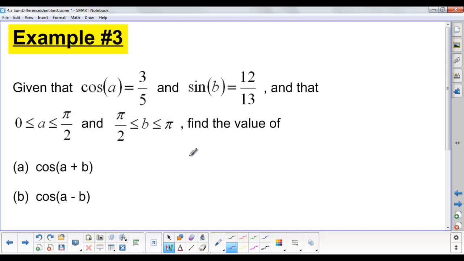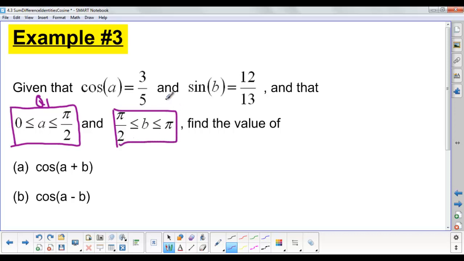So we are given that cos of angle A is 3 over 5, and sine of angle B is 12 over 13. We also know that angle A is in quadrant 1, so angle A is between 0 and pi by 2, which is quadrant 1. And we also know that angle B is in the second quadrant because of that information there. So given all of this information, we want to find the value of both cos(A + B) and then